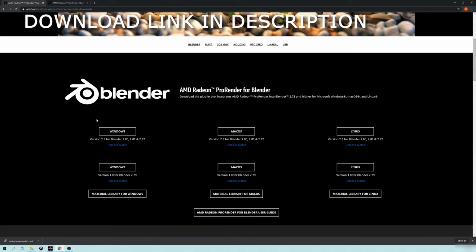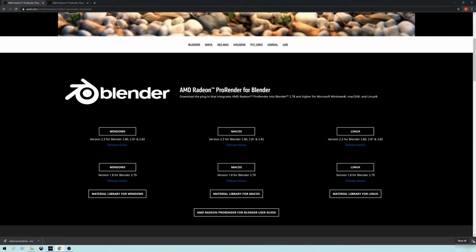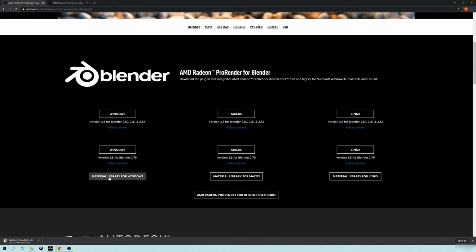So when you scroll down, you'll see there's a whole bunch of options here. If you're using Windows, Mac, or Linux, it's available. And we're only concerned with the Windows right here. Let me just get rid of this down here. I'm going to do this as a fresh install just for everybody. So you click on Windows, since I'm using Windows, and we're also going to click on this button here,